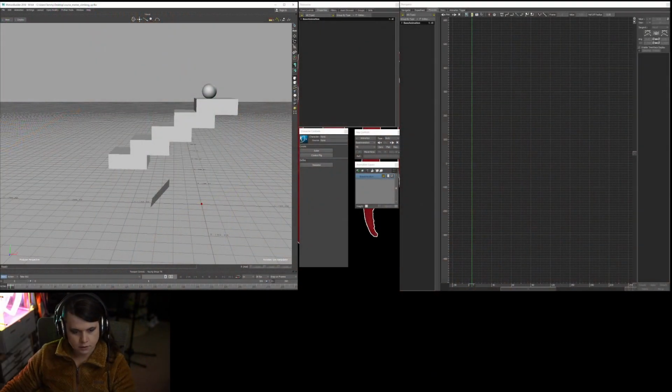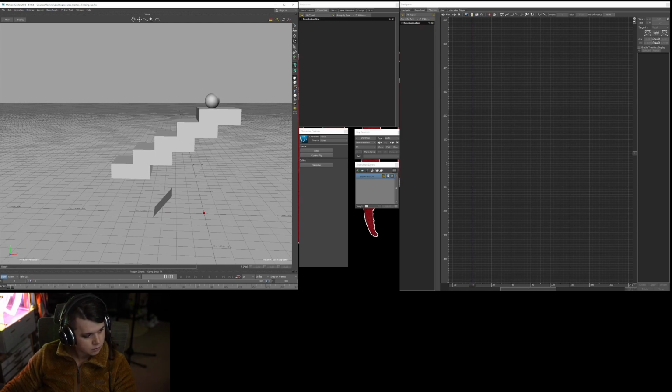All right, I'm going to open the file. I'm sure I remember where it is. I think it was on the desktop. I'm just going to open the file I used last time. So do I have it here? There it is. Okay. Screen. All right. So I made some stairs here, but I never animated the ball actually. All right. So